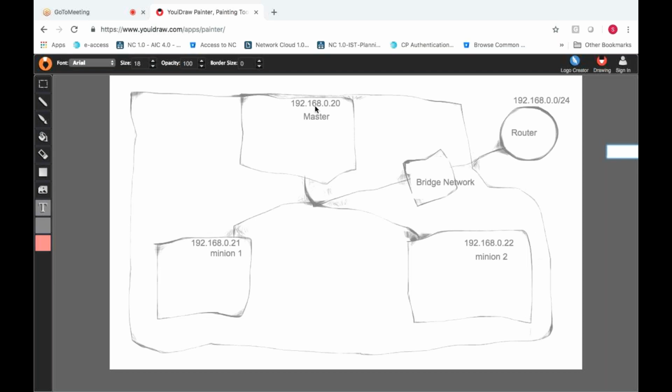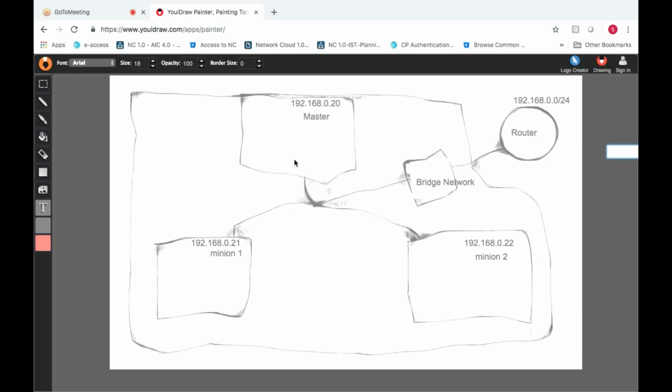What is a bootstrap node? A bootstrap node is the main node which will be acting as the front-end bootstrapper node. It will act as the master, and whatever other nodes you integrate to this particular master node, that's the reason they are called minions. Minion in the sense means slave nodes. Okay, this is your master. So the Kubernetes cluster is the master.